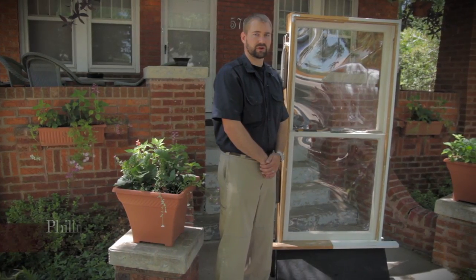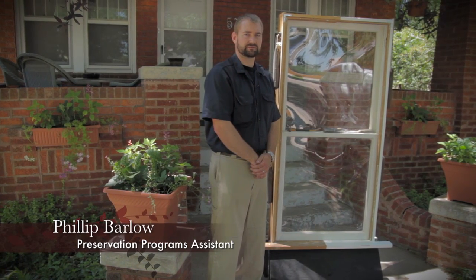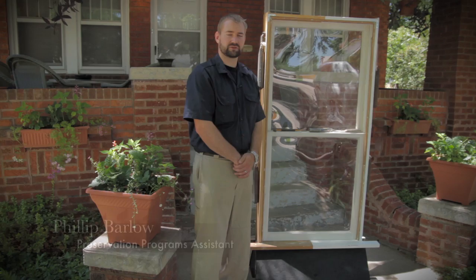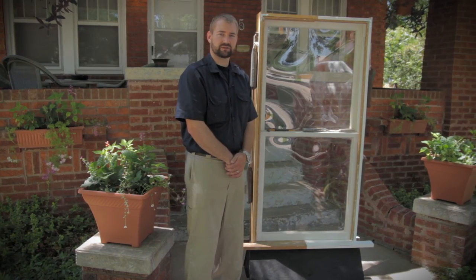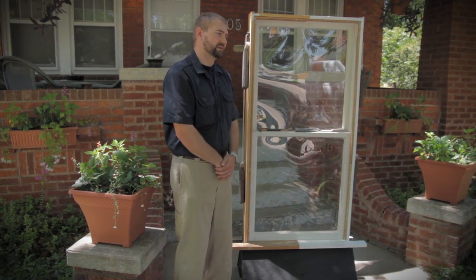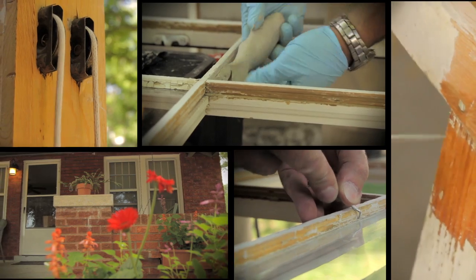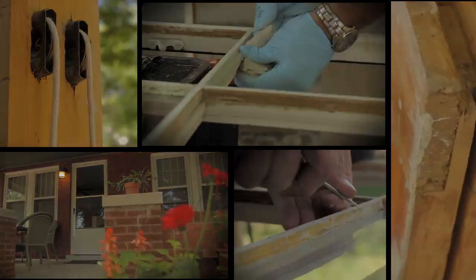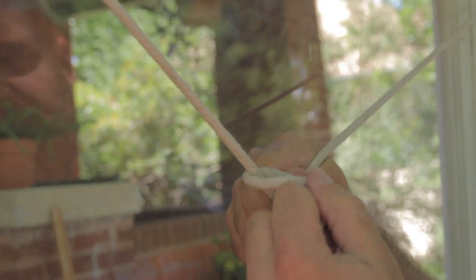Welcome to Historic Denver's program on window weatherization and restoration. This is part of a series of workshops that Historic Denver is producing in conjunction with the National Trust for Historic Preservation and History Colorado. What we're going to look at today is how historic windows are typically constructed, some of the weather efficiency upgrades that can be made to make them more efficient, and also just some general tips and tricks for making your